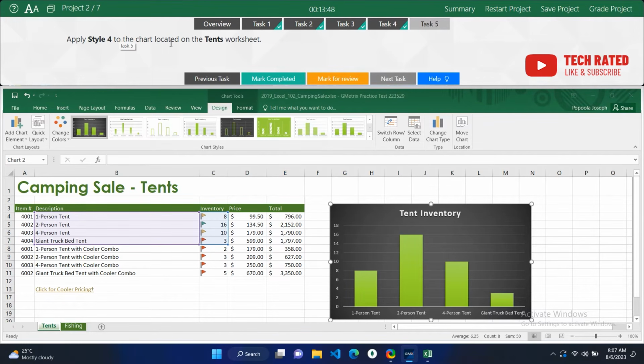Apply style 4 to the chart located on the 10th worksheet. We are in the 10th worksheet, and this is the chart we're talking about. We're told to apply style 4. As you can see here, this is the chart